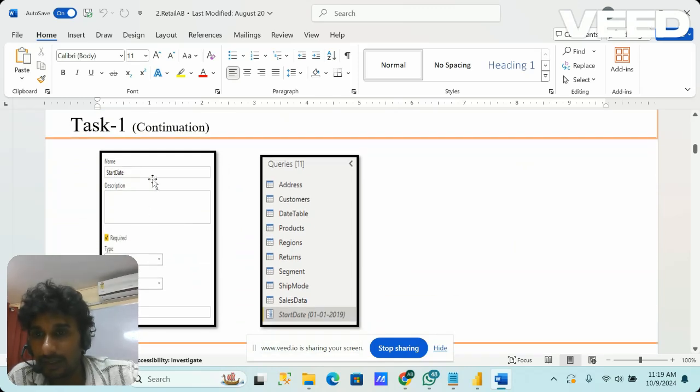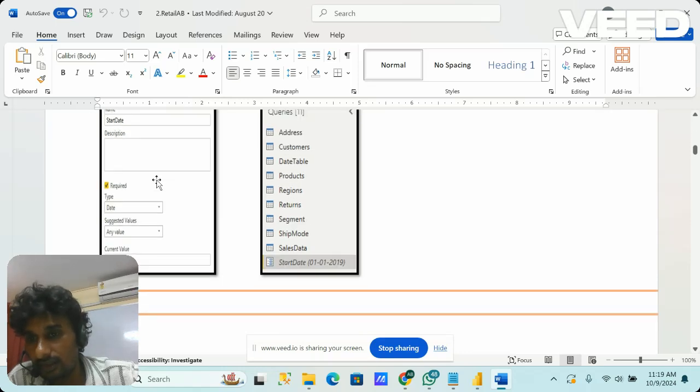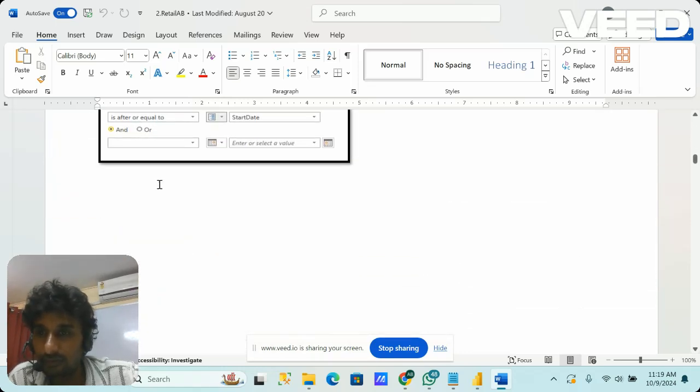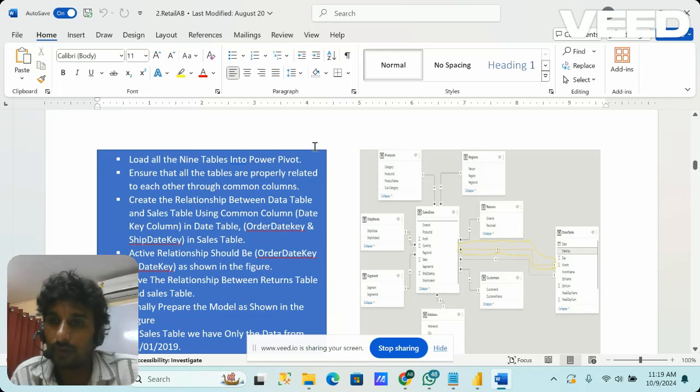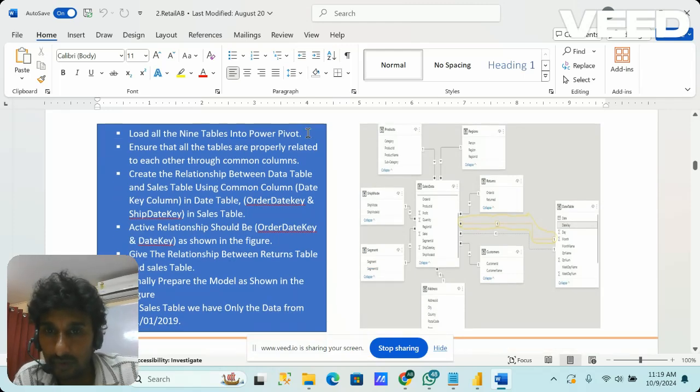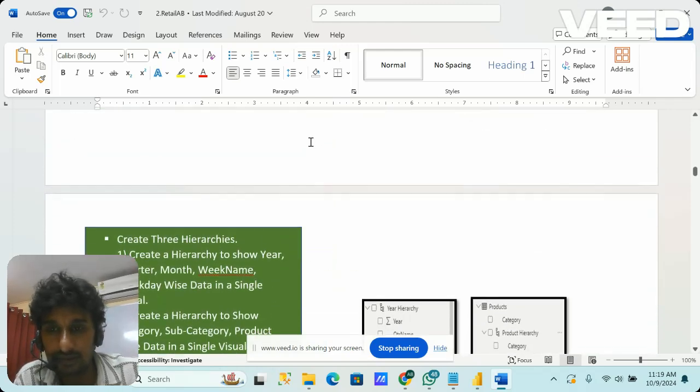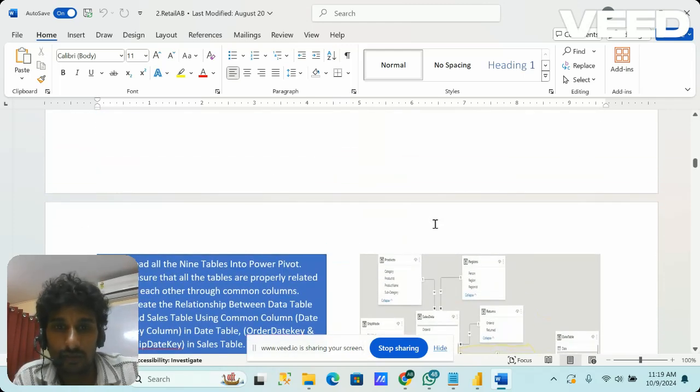You will create a parameter, and you name it start date, and this is the filter rows task. After that, load all the 9 tables into Power Pivot, ensure that all the tables are properly related, and explain task 3. Thank you so much for